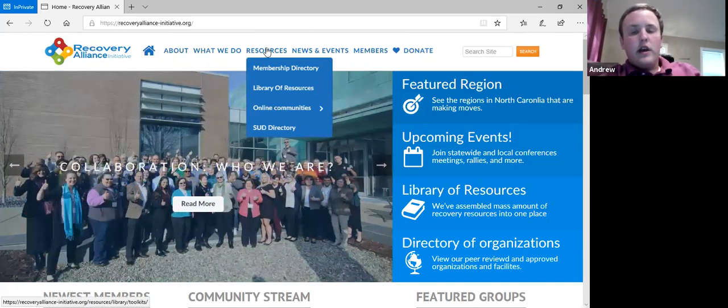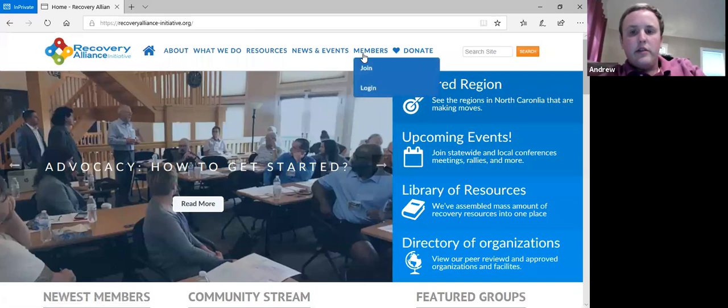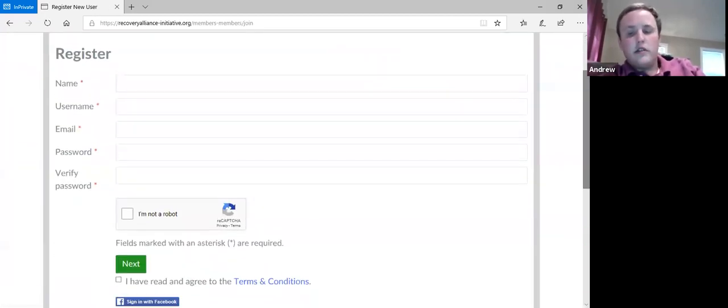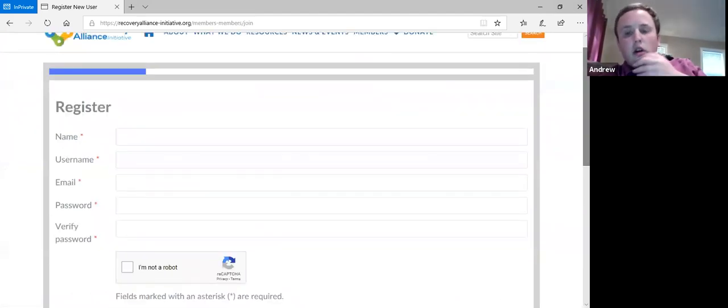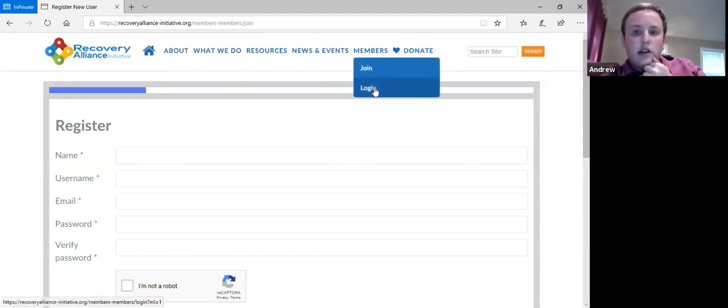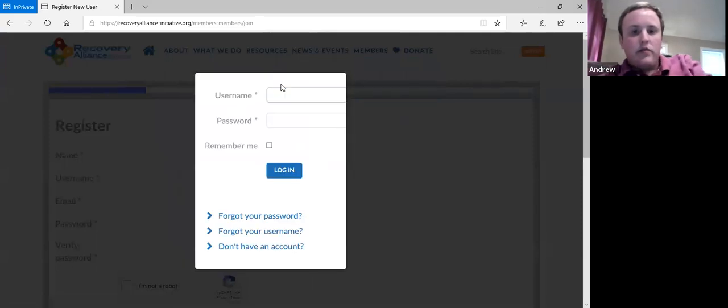So in order to do that, though, you do have to create a login, and I'll cover that really quick. It's actually very easy to do. If you slide over here to members, if you're not a member yet, you just got to click join. And this will take you to the page in which you register. It's a pretty easy registration process. It will walk you right through that. Now, if you are already a member, it is also very simple. You just slide down to log in, and this will take you, so you type in your credentials here,